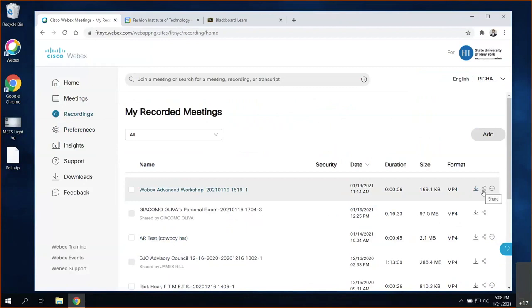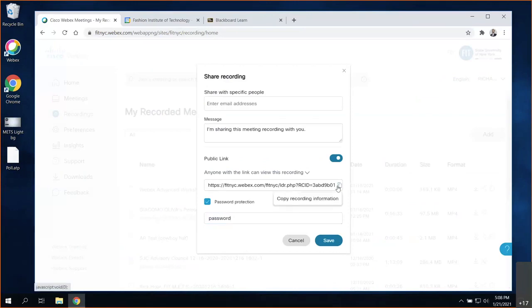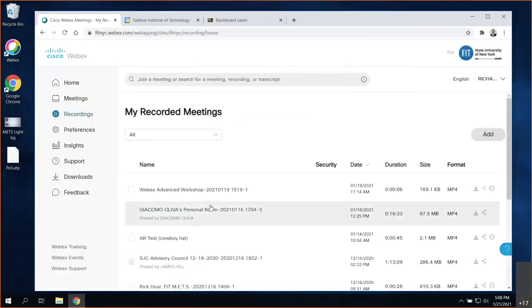I'm a big fan of just doing the share. Then you can copy this little URL that it will create down here. You don't even have to add password protection. If you want to put a password on it, you can, but don't ever use password as a password. That's a bad IT guy. Don't do that. But you copy that link, you can put it into a class announcement or a class email, and then when students come to that, they'll come to